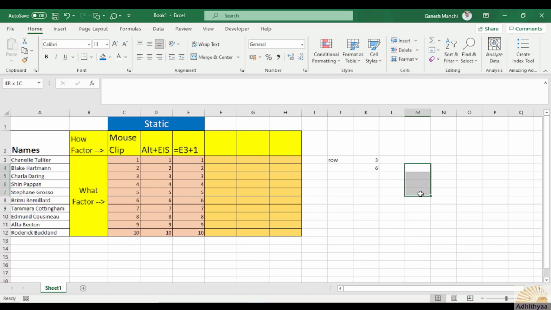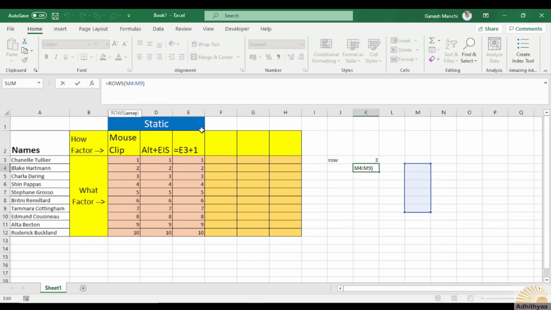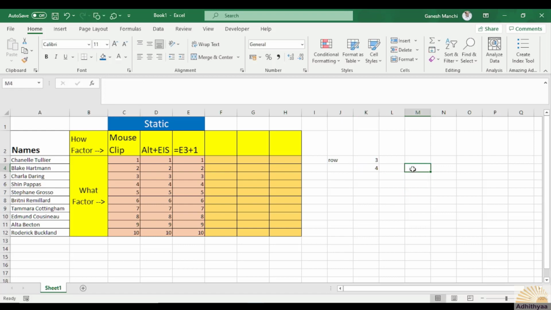The 6 cells have been selected and the result of this formula tells you the total number of rows, 6. Supposing if I change this to M7, naturally it will be 1, 2, 3, 4.